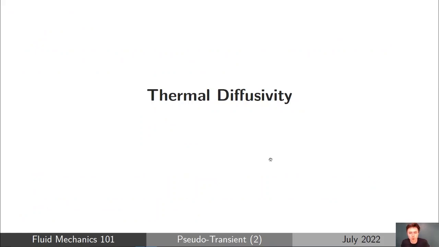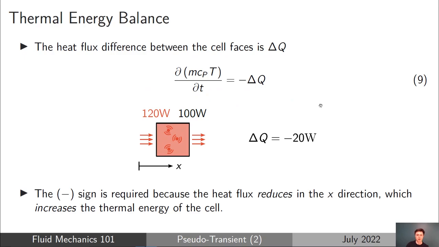And in order to quantify these effects, we're actually going to end up introducing a quantity known as the thermal diffusivity. And don't worry if you don't know what that quantity is. I'm going to be deriving it using this example so you fully understand how we use it to calculate the pseudo time step. So if we think back to that first element in the bar